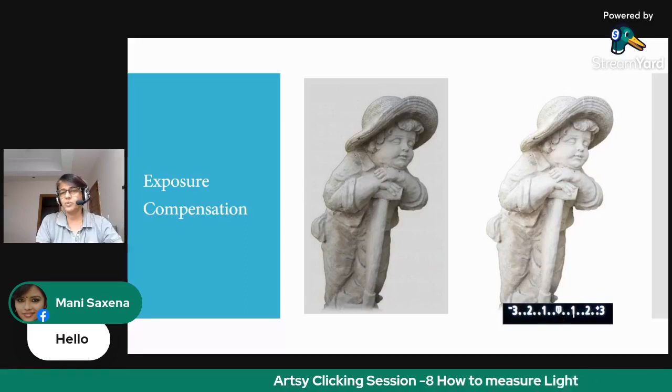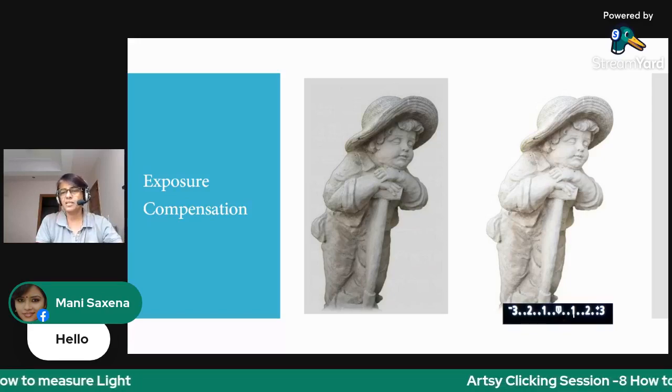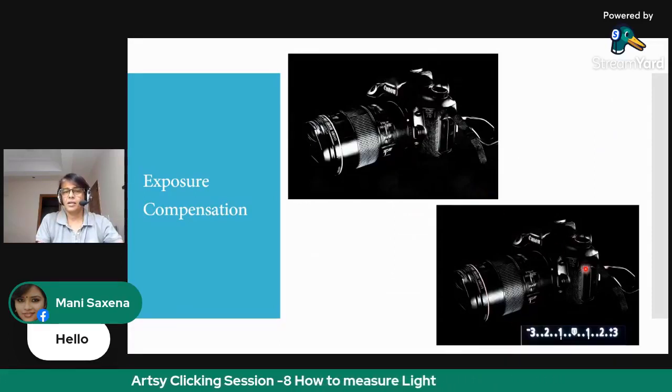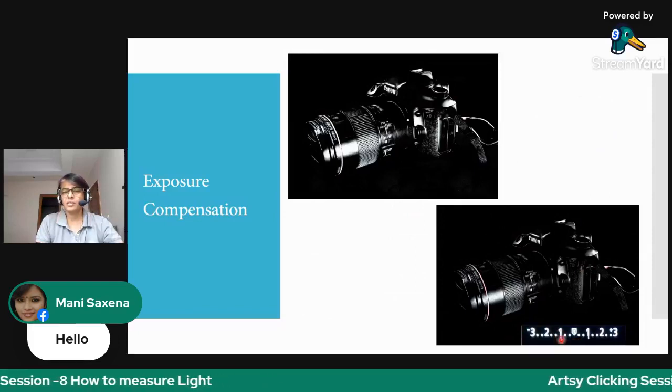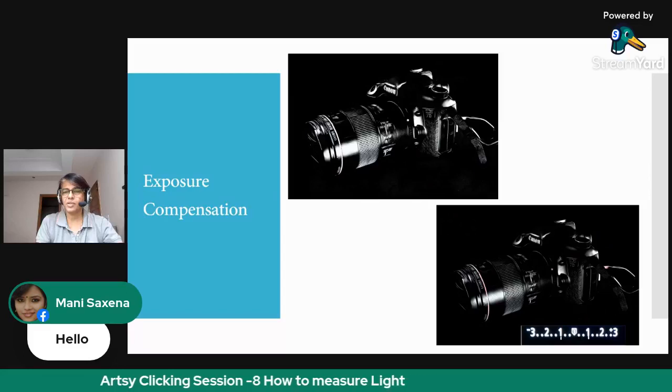Once you change the exposure compensation for a photograph, change it back to normal after the shot, for it will stay there if not changed, compromising on future shots. Similarly here, you will use exposure compensation to get your cursor at -1 so that you get this correct exposure, because it had come out as an overexposed shot.